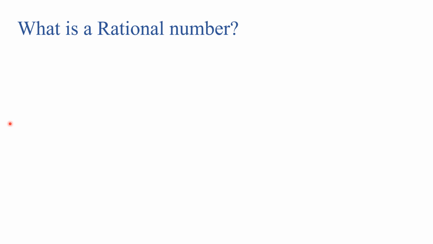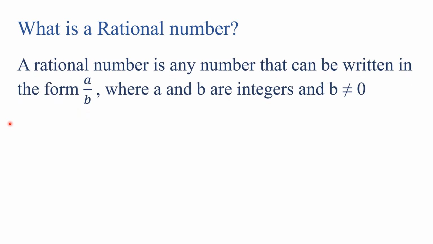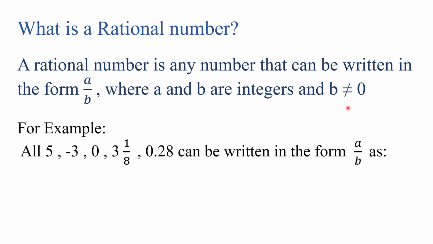What is a rational number? A rational number is any number that can be written in the form a over b, like a fraction, where a and b are integers and b is not equal to 0. For example, numbers like 5, -3, 0, 3 and 1 over 8, 0.28 can be written in the form a